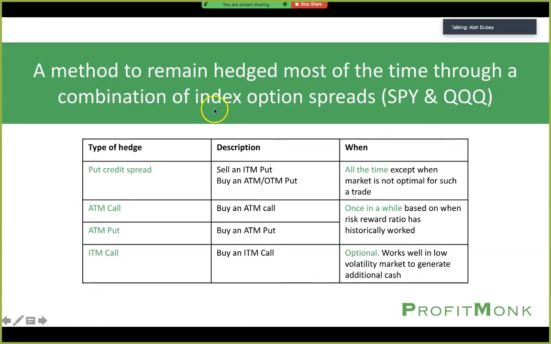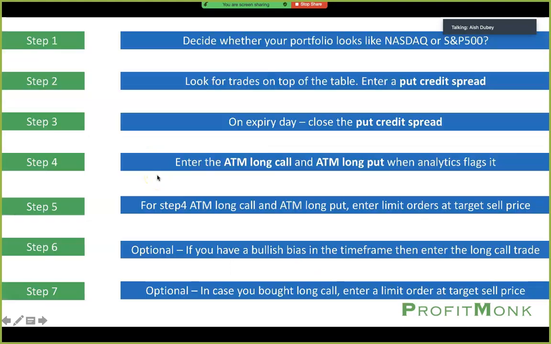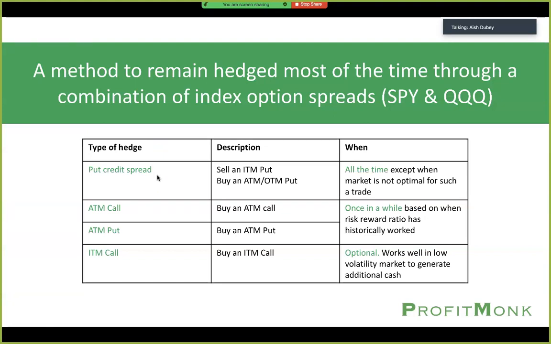So how do ProfitMonk algorithms work? And we will go into a demo on the web page very quickly. Let me just walk you through this at a high level of abstraction so that it's clear what you will see. You will see 4 types of hedges on the web page, on the tool, and you can adjust them through the tool settings.